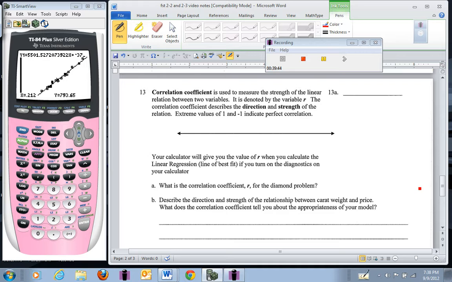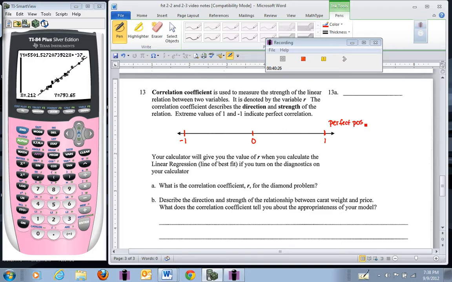The correlation coefficient describes the direction and the strength of the relation. Extreme values of 1 and -1 indicate perfect correlation. So if this is a number line, and this is 0 in the middle, and this is 1, and this is -1,